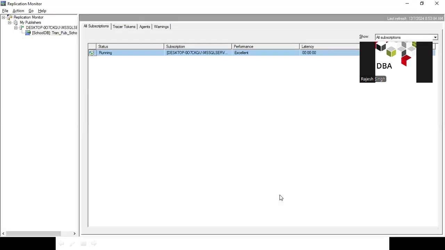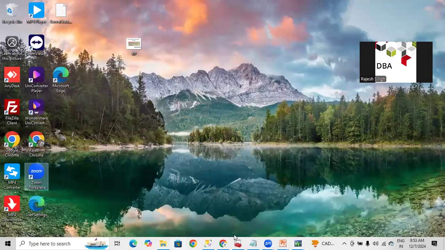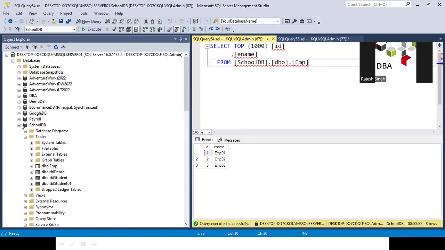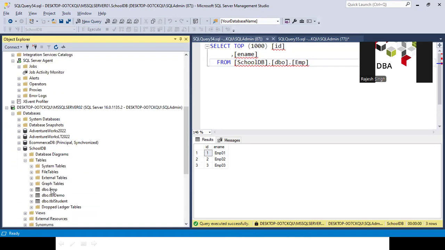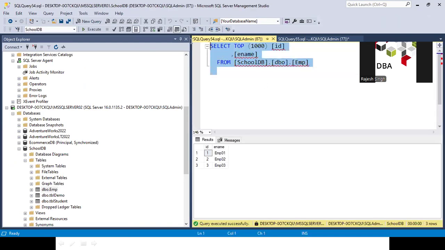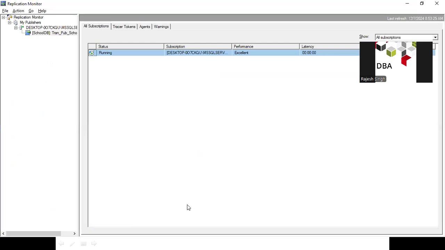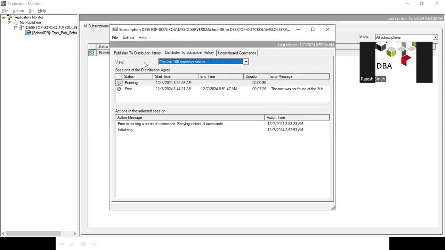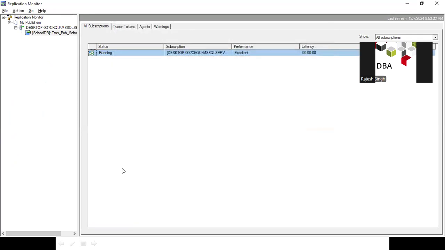First, a very simple process. Whatever data you deleted, just add an entry back on the basis of the ID. Let's suppose I'm creating the fourth one, with whatever values. And if you check now, what is the performance now? You can see 3 committed, but we have to wait for a few seconds, and you can see it's refreshed.